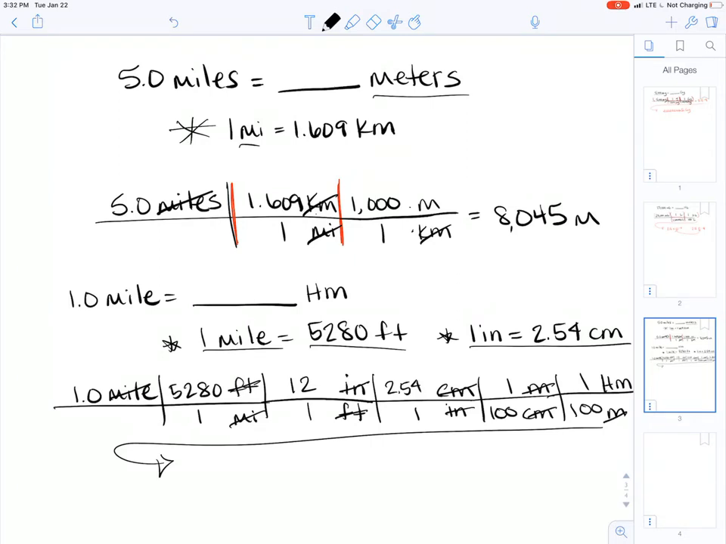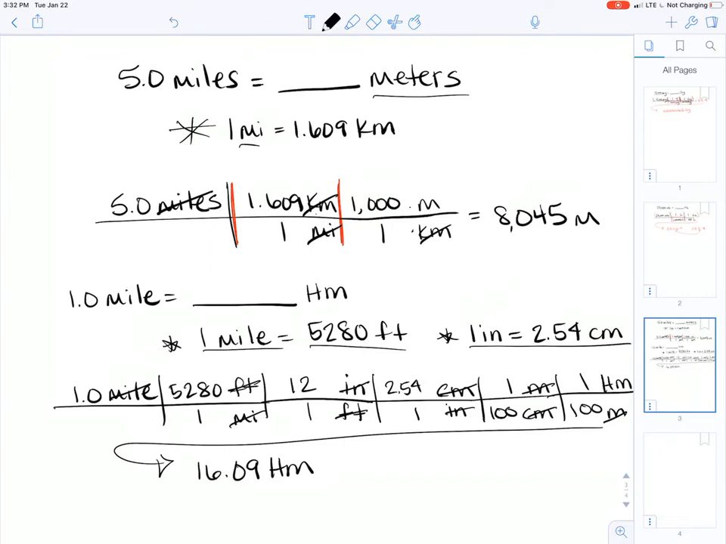So we have 1 times 5,280 divided by 1 times 12 divided by 1 times 2.54 divided by 1 times 1 divided by 100 times 1 divided by 100. And you end up with that there is 16.09